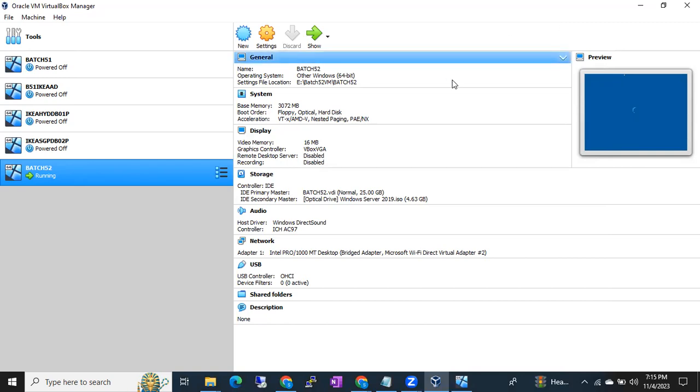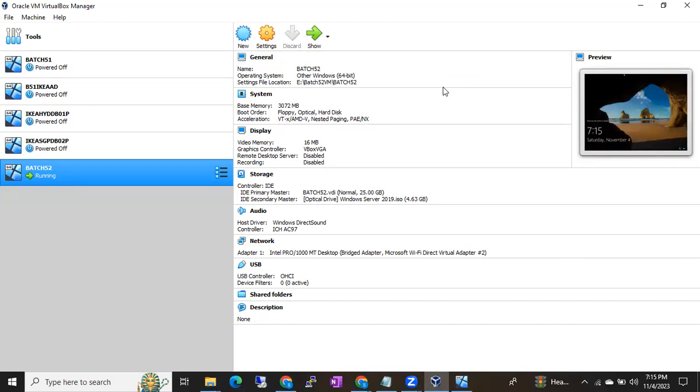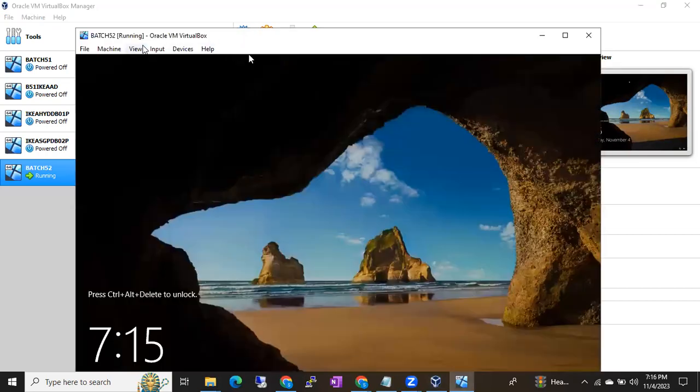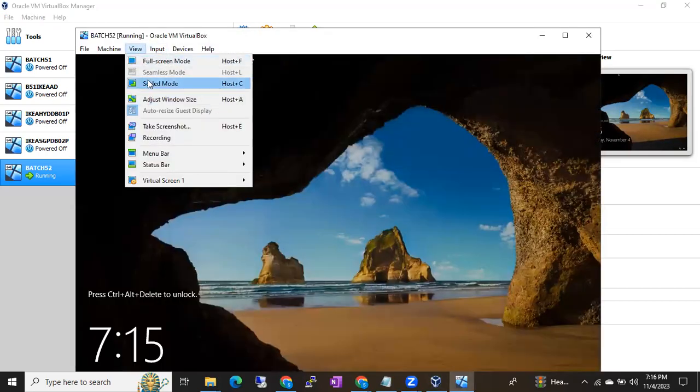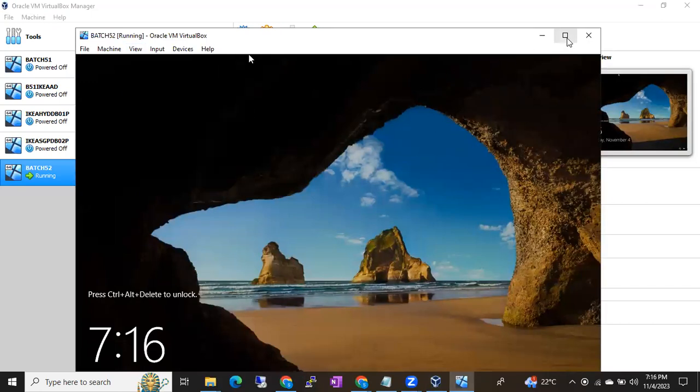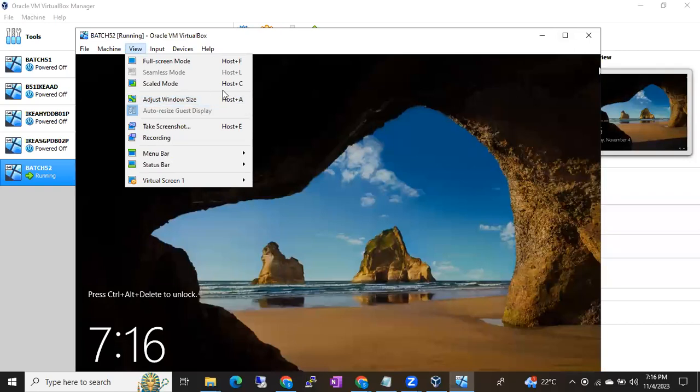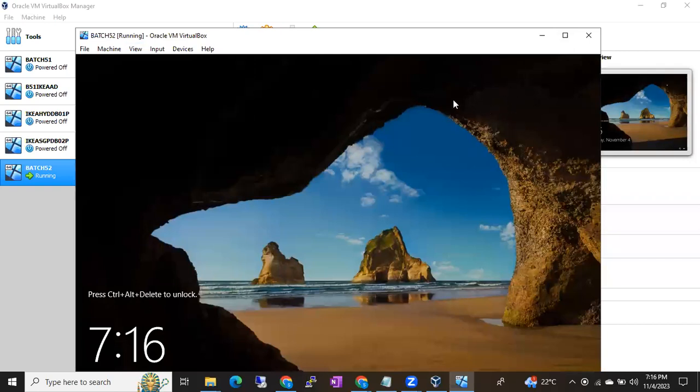Is it clear, guys, what I'm explaining? In case you are unable to use the RDP feature, still you can get the big screen using the view option. In the view option, using scaled mode and adjust window size, either of them, you can use it and just maximize it. If you directly maximize, you don't see the big screen, you can just see the small screen only. So if you want to maximize, you can use this option, this scale mode and adjust window size. Fine, clear? Right, now let me connect to the server, guys,